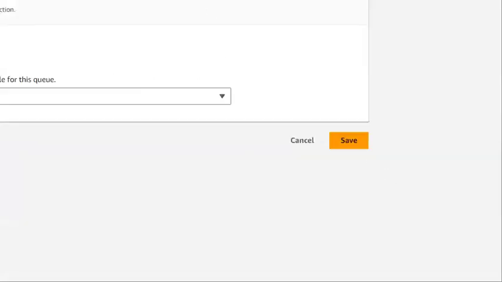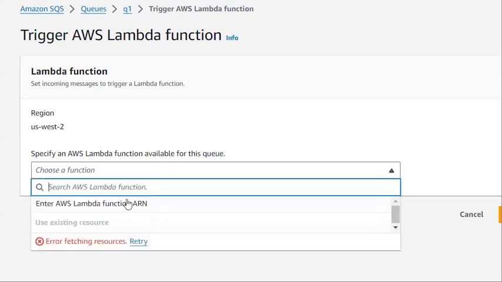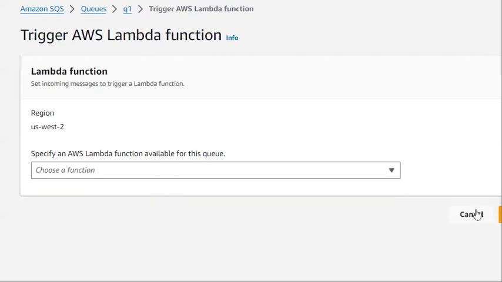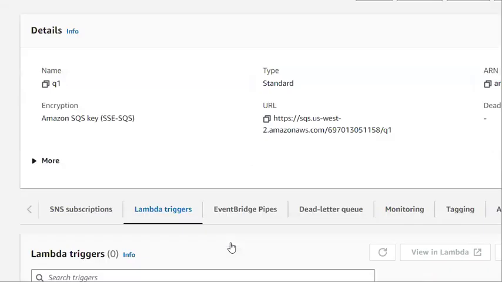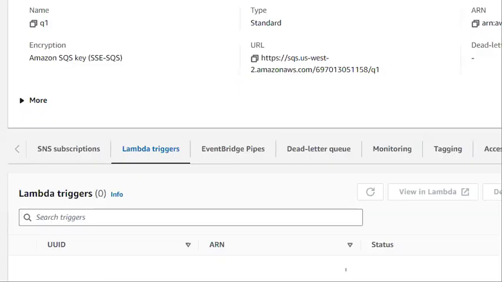So just click on the configure option, and you need to select that. Currently I'm canceling it since I'm not providing any triggers to process my messages. I'm just expecting to show you creation. I've already shown you how to create your queue, and now we are on